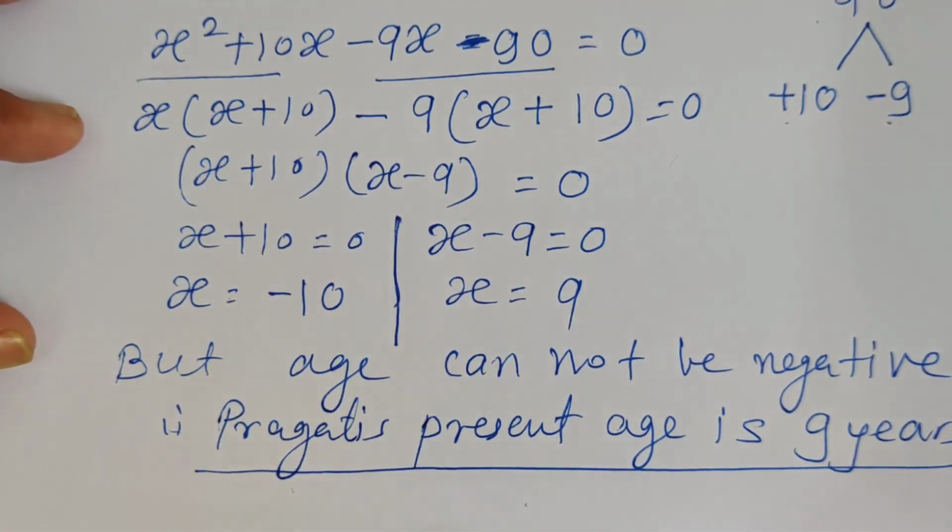So this way you have to complete the word problems. First you have to read the word problem carefully, then convert it into the quadratic equation, and after that you will solve using the different methods of solving the quadratic equation. Once again, solve this example in your classwork notebook, and also try to complete the examples which you can complete. In the next video, I will show you a few more examples.